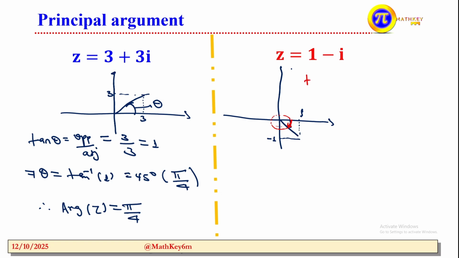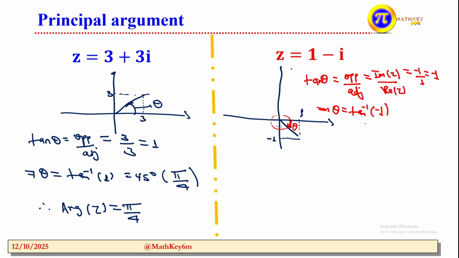So what is that? This is equal to tan theta. Let's say this is theta and it becomes negative. Yes, tan theta is equal to the opposite divided by the adjacent, as we did before. The opposite is the imaginary part of z divided by the real part of z. The imaginary part is negative 1, divided by 1, which is equal to negative 1. This implies that theta is equal to tan inverse of negative 1,